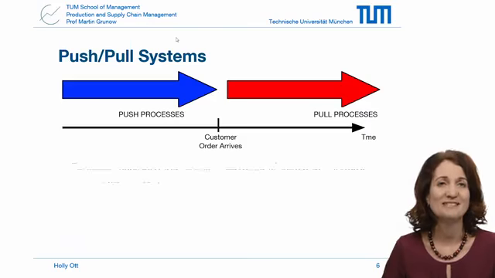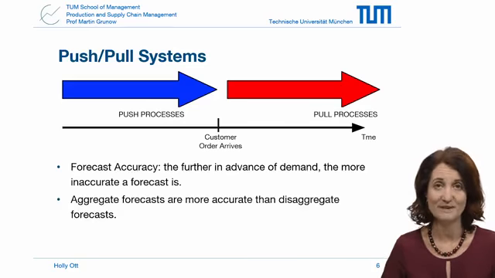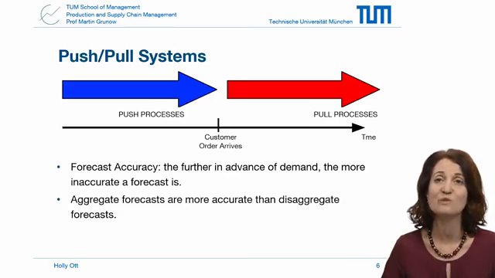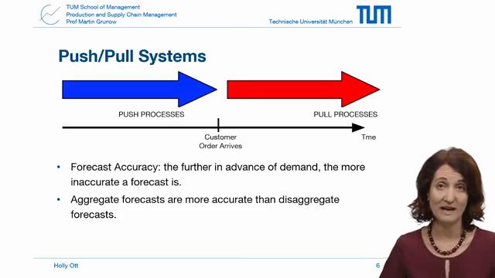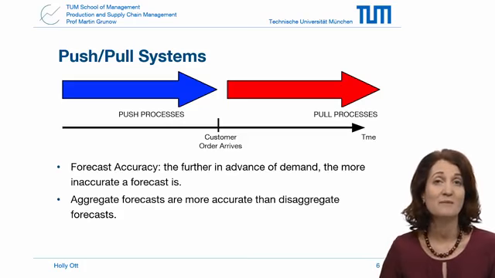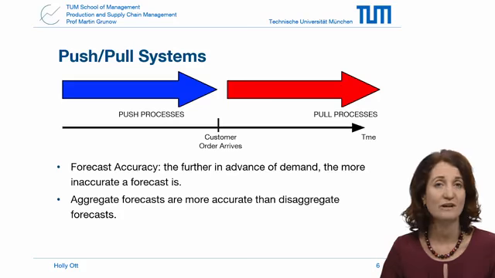Now, the push-pull view is discussed often with respect to forecast accuracy, or rather the lack thereof. The further in advance we make a forecast, the less accurate it is. And additionally, another important point in supply chain management is that an aggregate forecast is more accurate than a disaggregate forecast. That is, the individual forecasts, for example, if a camera comes in many different color cases, the individual forecasts for those particular colors of the specific camera type are less accurate than the aggregate forecast for that camera type in all colors. And this brings us again to the powerful idea of postponement,